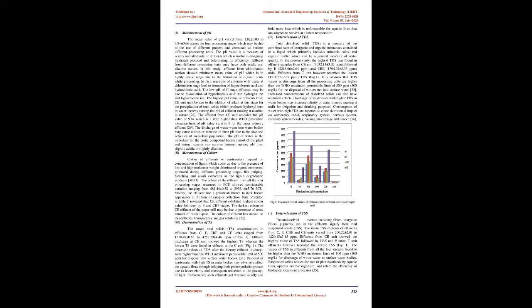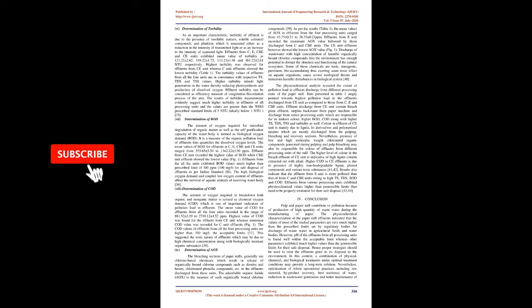In fact, reactions of chlorine with water at the chlorination stage lead to the formation of hypochlorous acid and hydrochloric acid. The low pH of C-stage effluents may be due to dissociation of hypochlorous acid into hydrogen ion and hypochlorite ion. The highest pH value of effluents from the CE unit may be due to the addition of alkali at this stage for the precipitation of total solids, which produces hydroxyl ions in water, thereby raising the pH of the effluent, making it alkaline in nature. The effluent from the CE unit recorded the pH value of 9.84, which is a little higher